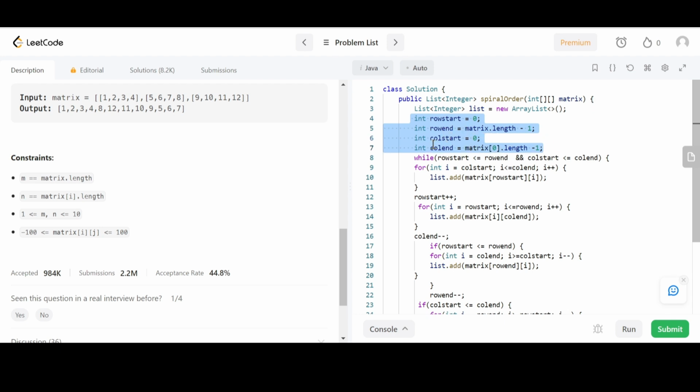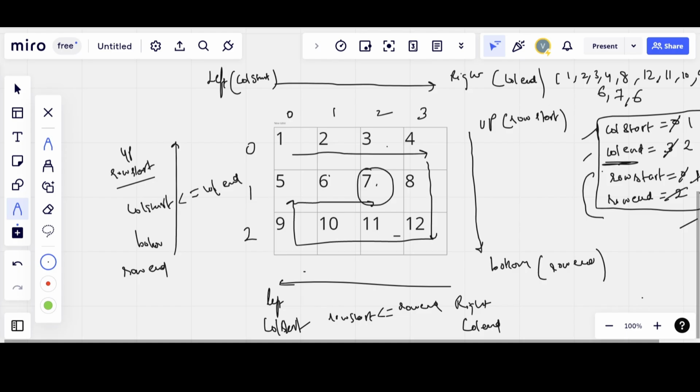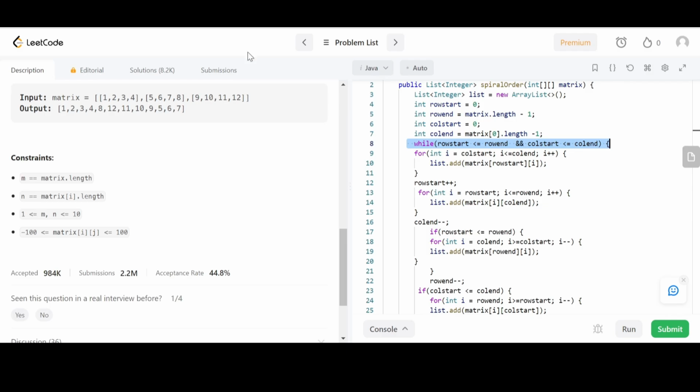Row start, row end, column start, column end, and we are performing the while loop. So this while loop is the traversal, traversal from each cell to the next cell, right? So till row start is less than equal to row end and column start is less than equal to column end. So first, this for loop is for the